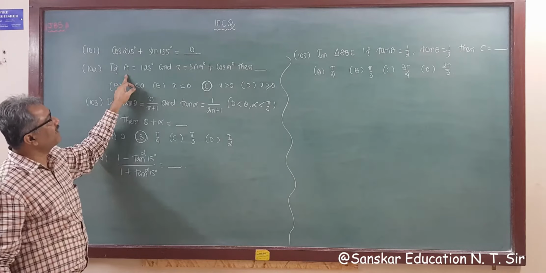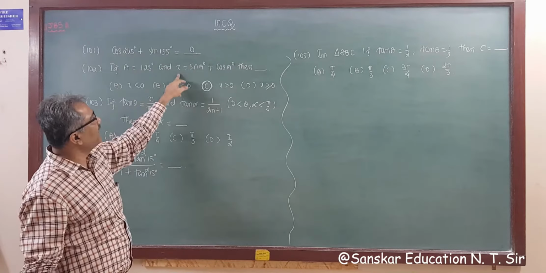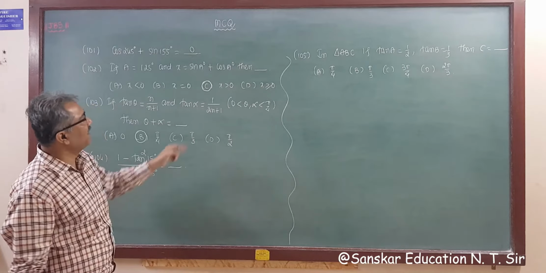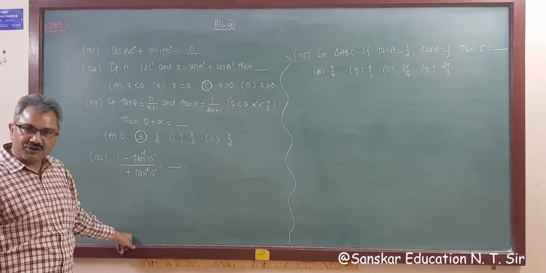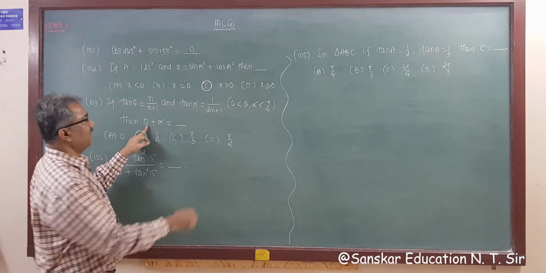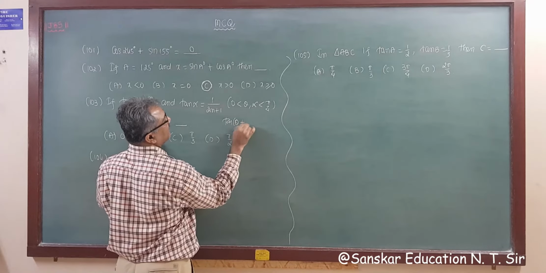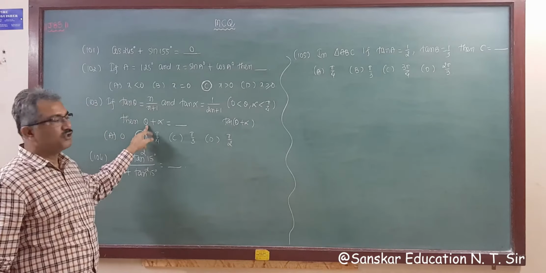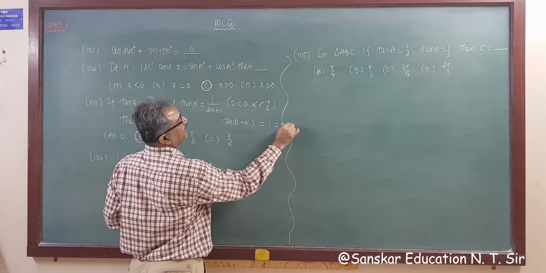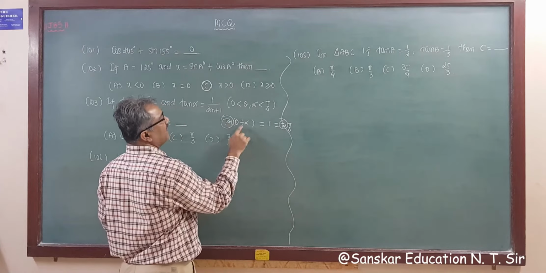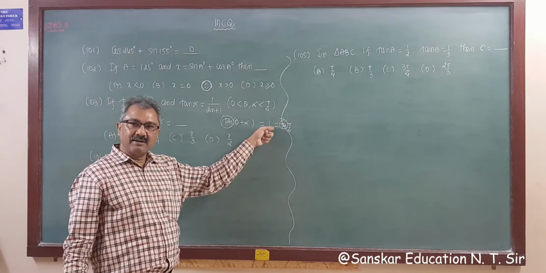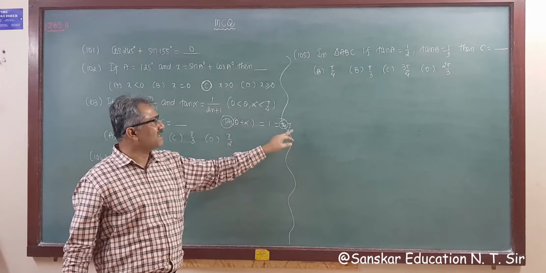Now the answer of this is 0. A is 125 and X is this. So sin 125 plus cos 125, changing to known values, we will get X is greater than 0. That is, it lies in the first quadrant. So tan theta is this, tan alpha is this. Then you have to find out theta plus alpha. So apply the formula of tan theta plus alpha, and you will get the answer 1, and 1 is nothing but tan pi by 4. So removing the tan function, you will get theta plus alpha is equal to pi by 4.